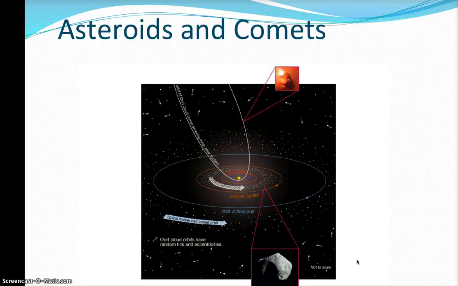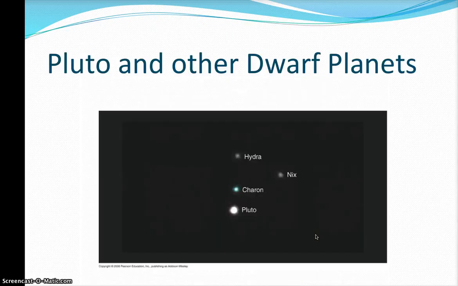There are these other objects in our solar system we also should be aware of. These are the asteroids and comets. Asteroids are primarily found between the orbit of Mars and Jupiter, while the comets are found out beyond the orbit of Neptune, and actually can also surround our solar system in a more spherical manner, because some of them come down from above, as we're showing right here, and also could come up from below. There are these other dwarf planets. Here is Pluto and its moons,